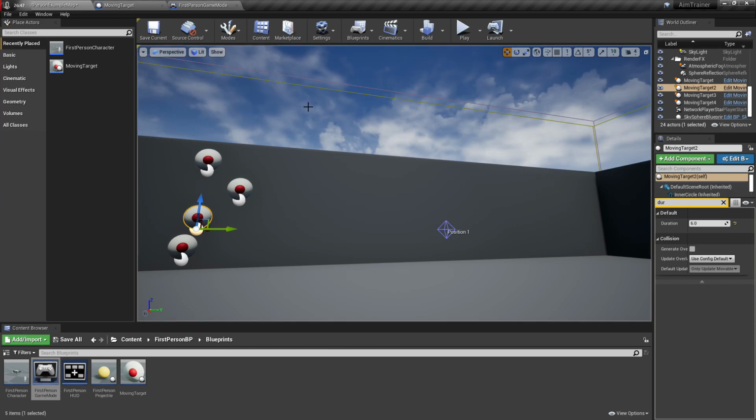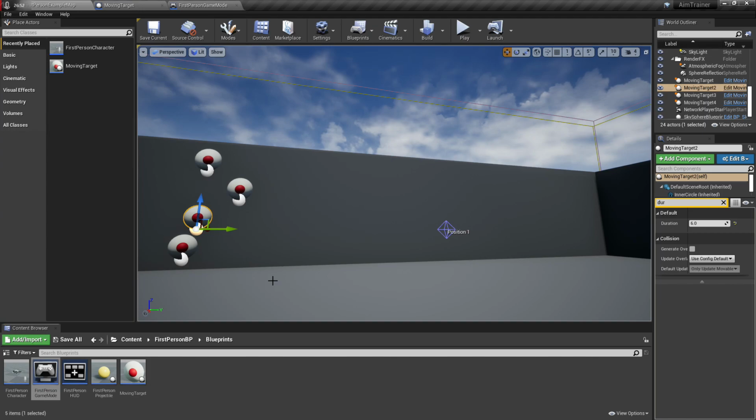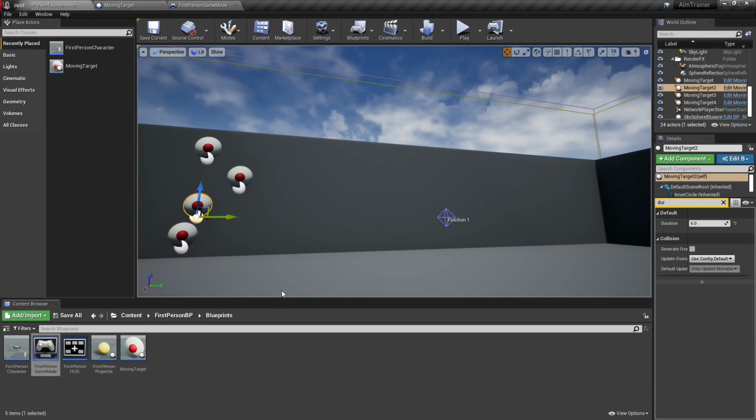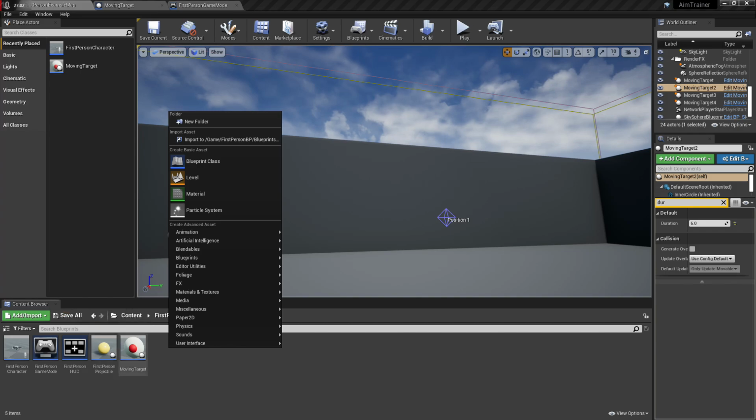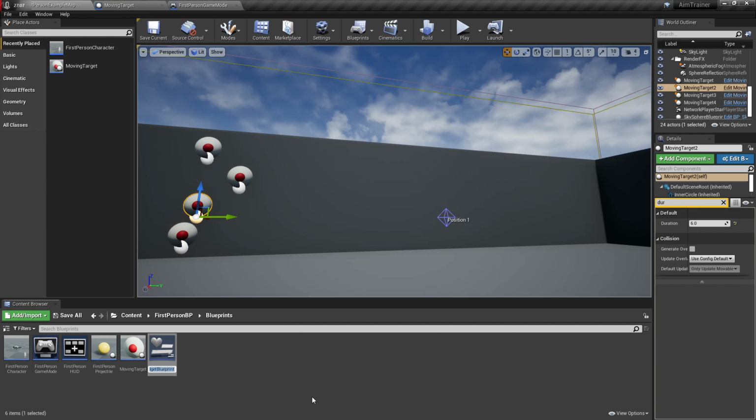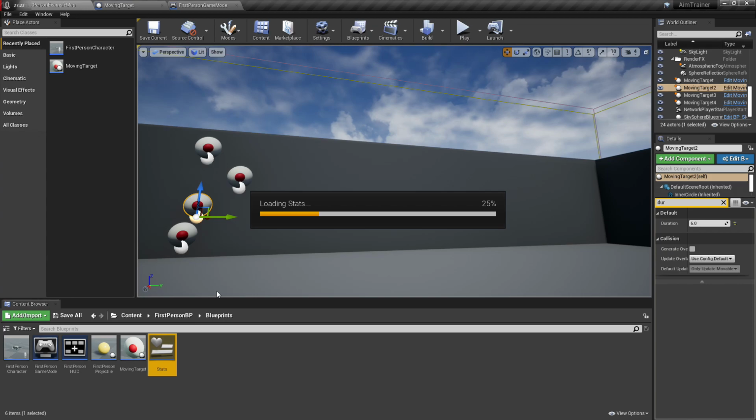Okay, so now we just need to create a small widget to display the points on the screen as we're collecting them. So in order to do that, we'll have to first create the actual file. You can right click here in your blueprints folder, and then at the bottom you'll see user interface and create a widget blueprint. We'll call this stats, because we might add a few things down the road to this. If we open up stats,